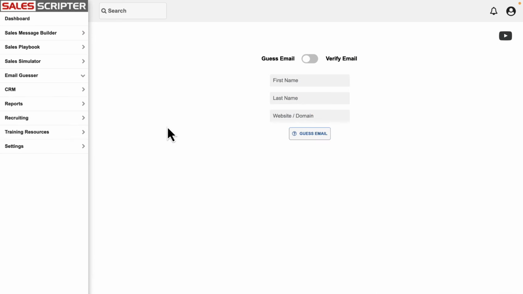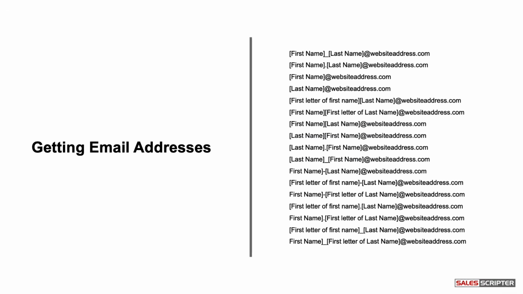And one last thing I want to show you here inside of SalesScripter is a feature called Email Guesser. And whether you know this or not, you can actually guess your prospect's email address, because in the B2B sales world, most corporate email addresses are some combination of first name, last name, at then the domain or website address for that company. And if you have those 3 pieces of information, you could test a combination and send your email to a prospect. And if it bounces back,